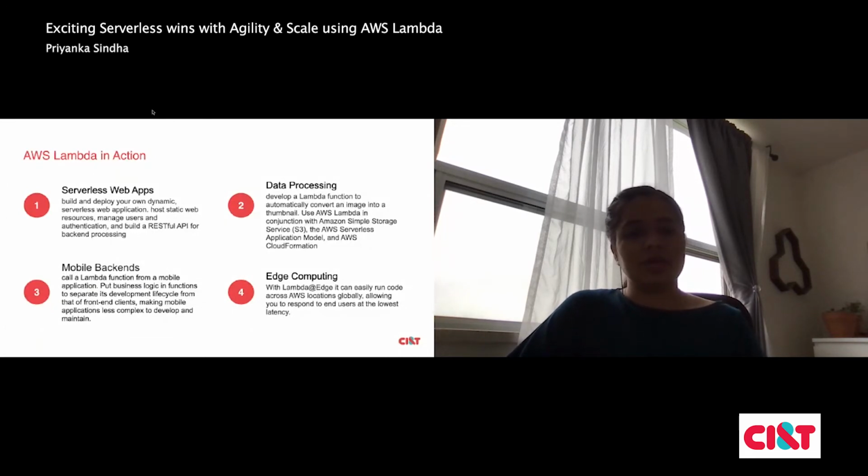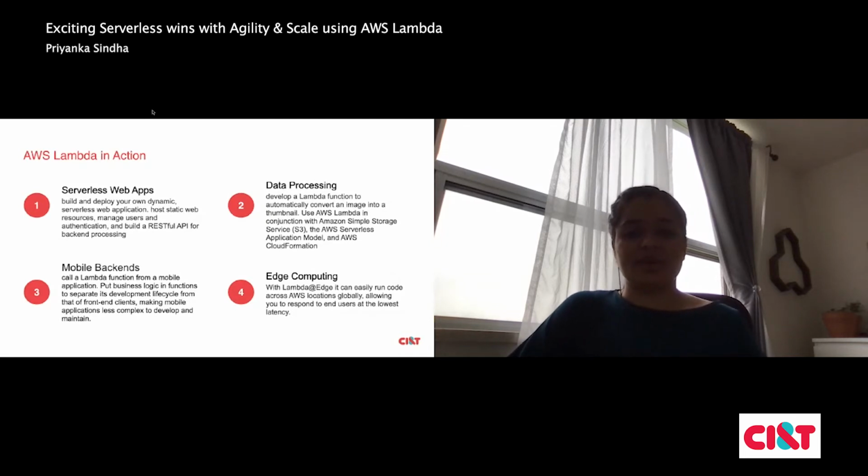All those backend services are built using Lambda. It just follows your development lifecycle for the front end clients. It's less complex, easy to develop, and easy to maintain.